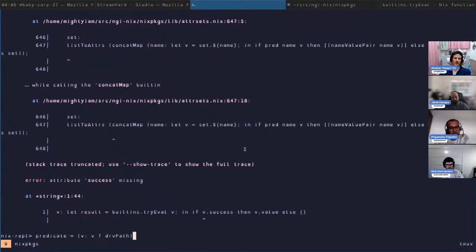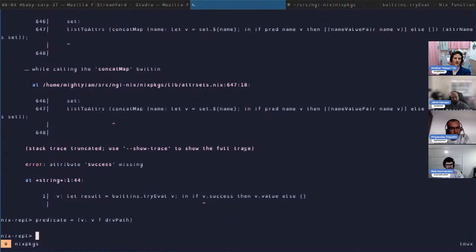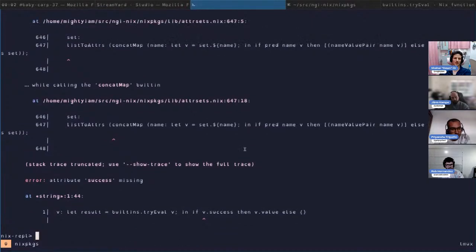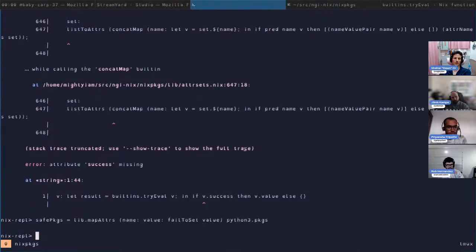So predicate is now this. Now we can use it again. It's still this one. Safe packages. You have to rebind safe packages, not predicate. Safe packages, and then